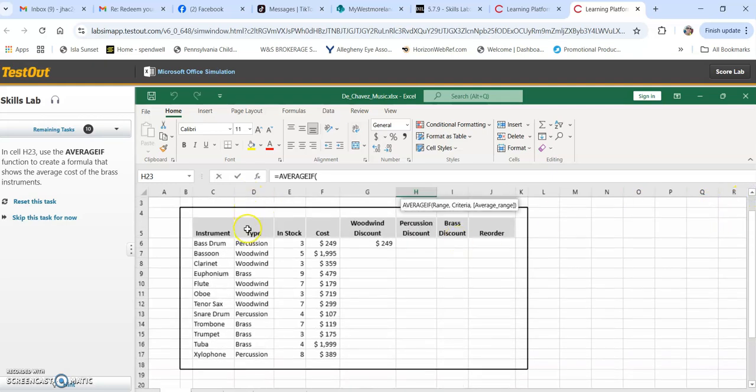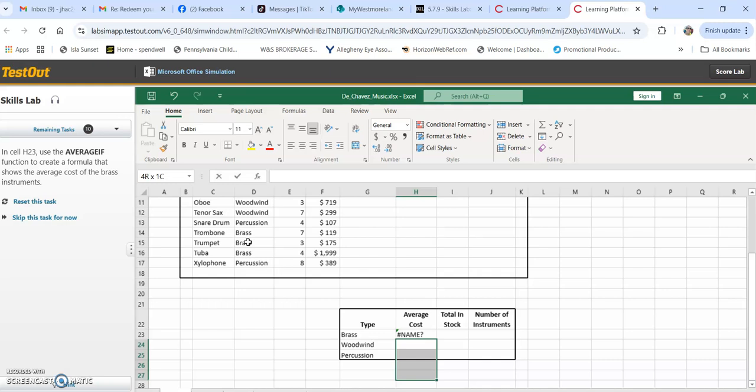So we're going to go D6 through D17. Oops. Go back to D6, and up here we're going to do a colon because we want it to go to D17. Colon D17, and then comma, parentheses, brass,